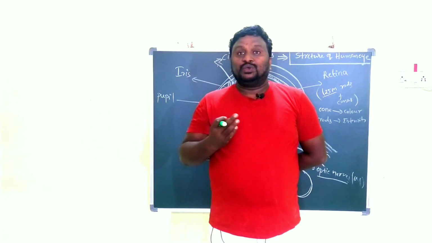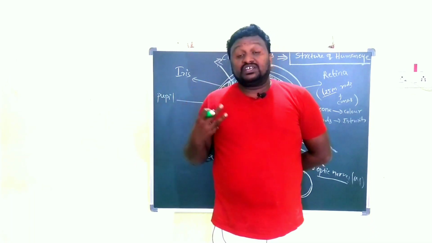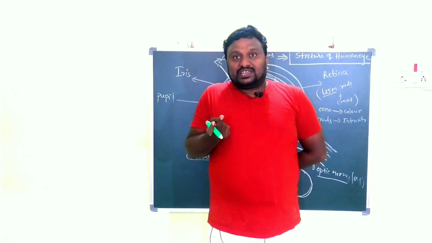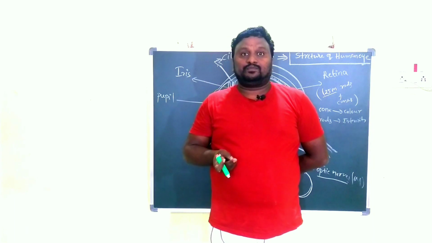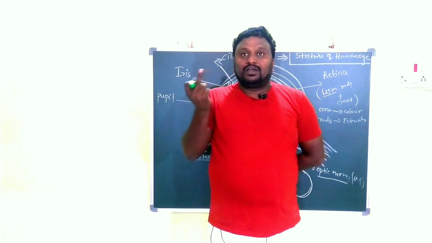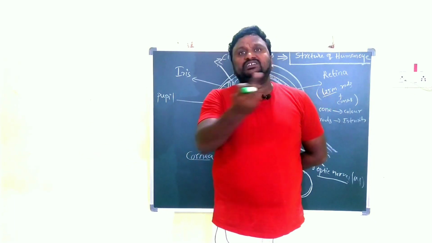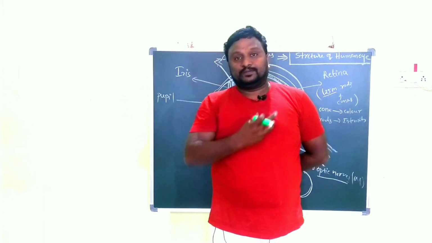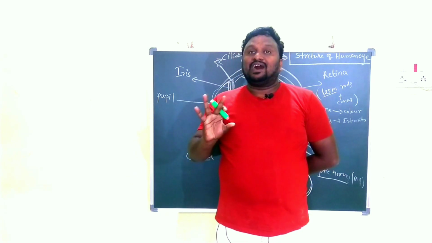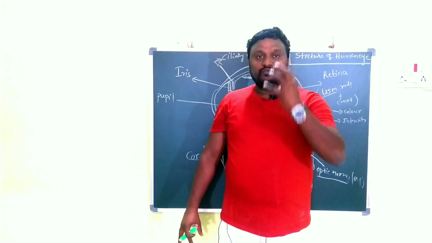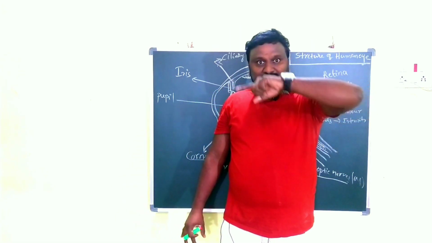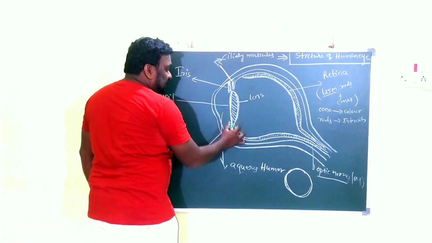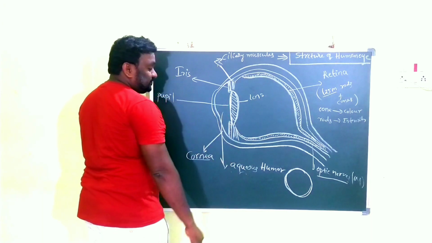You can watch in movies, contact lenses. They will keep the contact lens at the middle only. While we are watching many movies or serials, they use contact lenses to change their look. So the iris is in the middle of the eye, in circular form. Here we are simply showing the boundaries of the iris.